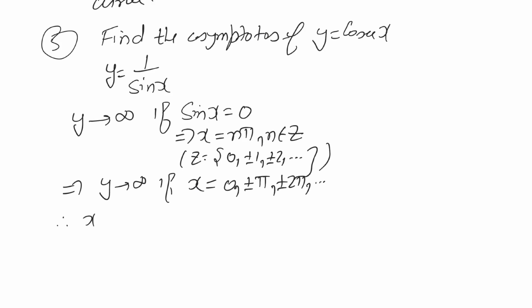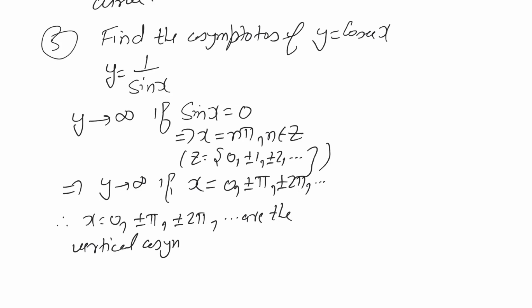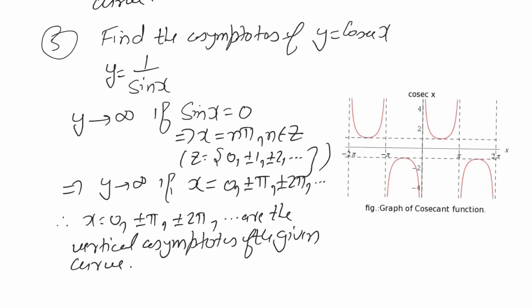Therefore x is equal to 0, plus minus pi, plus minus 2 pi are the vertical asymptotes of the given curve, and these are infinitely many, and the figure of the given curve is given by,